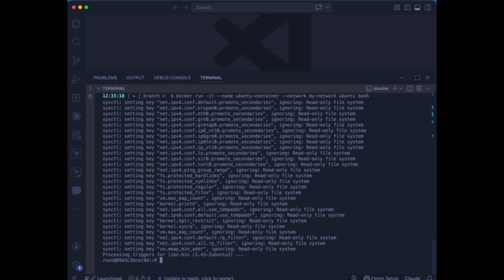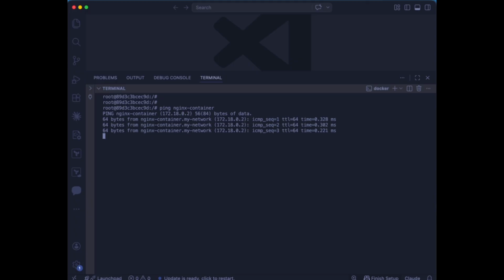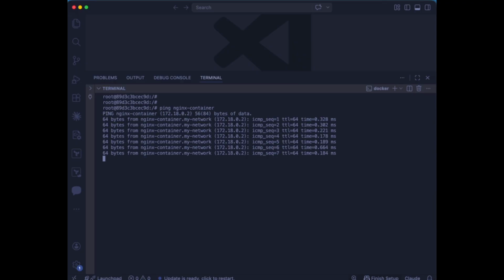Now let's test communication between the containers. Notice that we are using the container name instead of an IP address. Docker automatically provides internal DNS resolution for containers connected to the same network. So inside this Docker network, nginx container works like a hostname. And as we can see, the ping command is successful, which means both containers can communicate with each other correctly